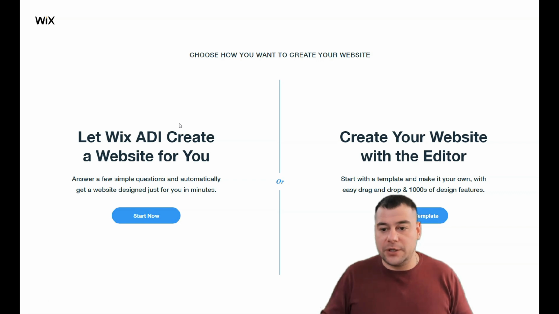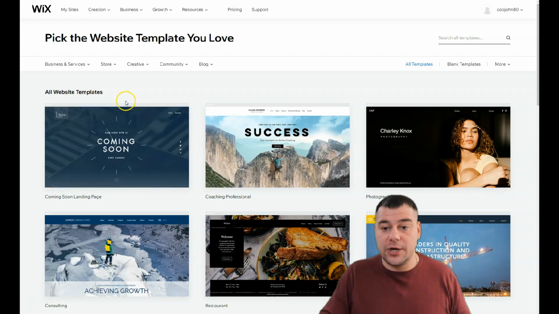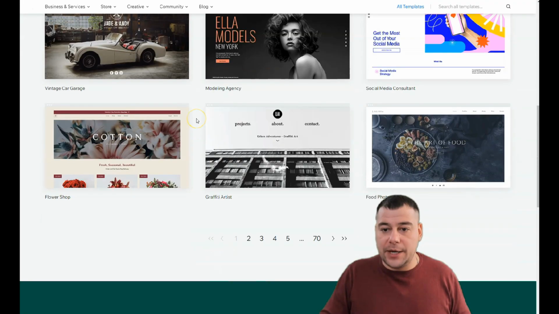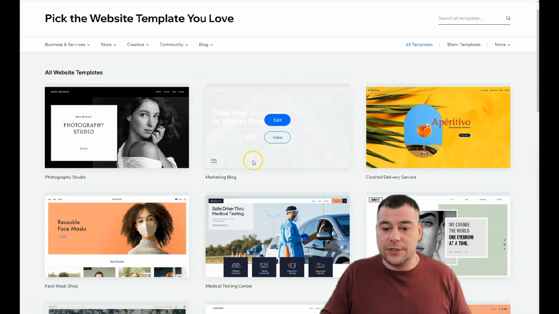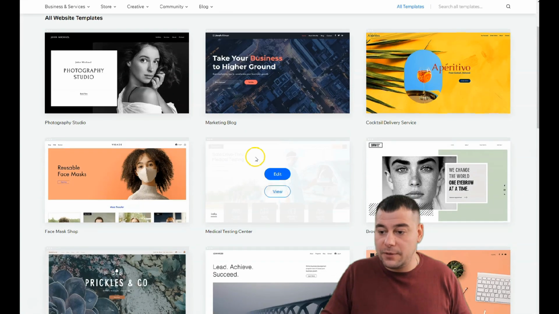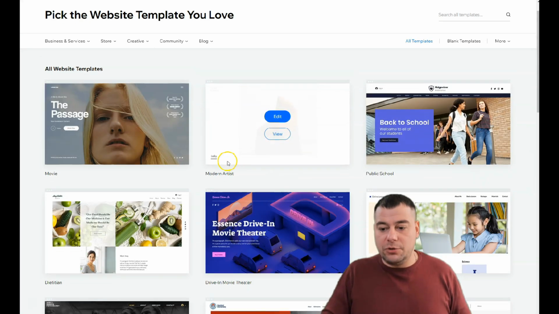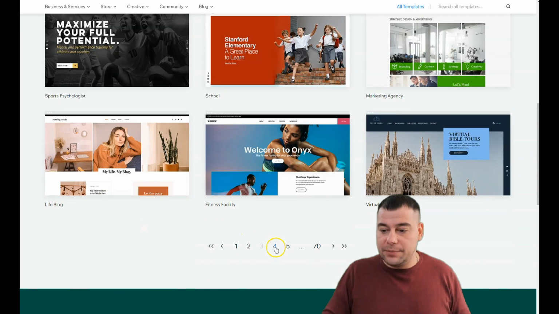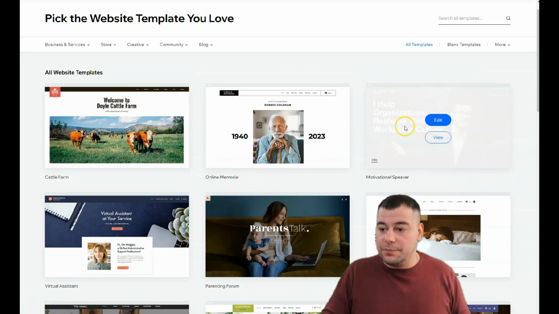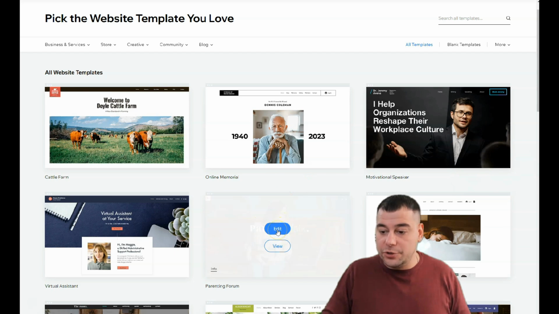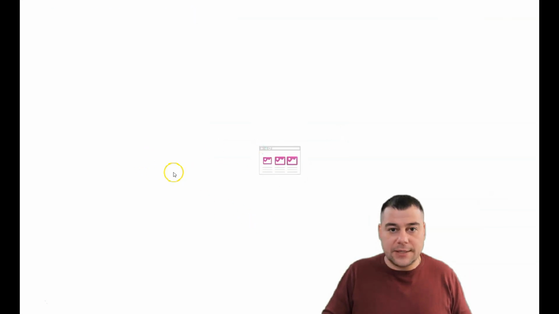If you are building a website from a ready template, you can let Wix ADI create a website for you, answering a couple simple questions, or you can create your website with an editor and choose a template, and that's what we're gonna do. There are tons of ready templates for any type of business and any type of things that you can build. But actually, you can choose any template that catches your eye to build things that will suit your business. Let's edit just a random